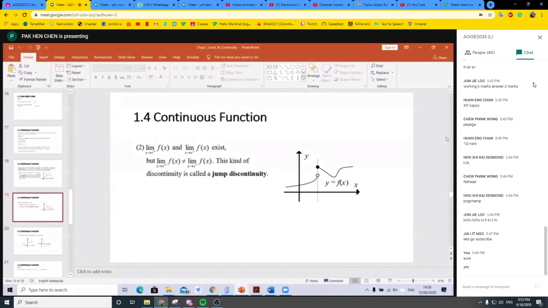Okay, the second type is the right-hand limit. When we have a positive sign, that means x approaches from the right side to a certain value, for example L, while compared to the left-side limit, the negative sign here means we will study